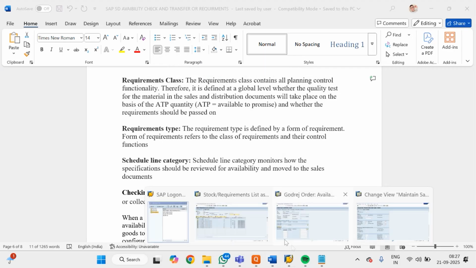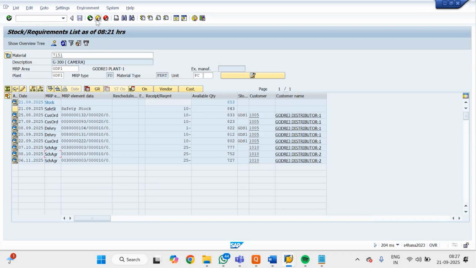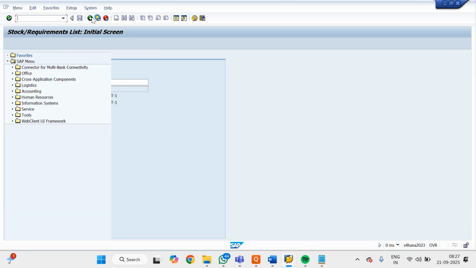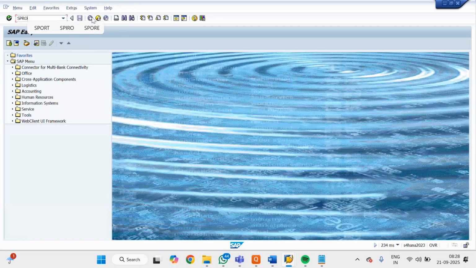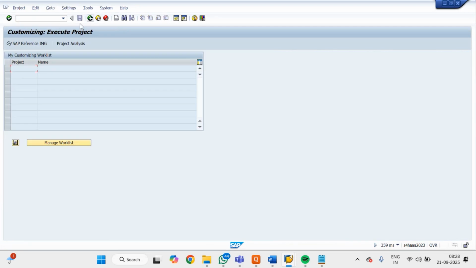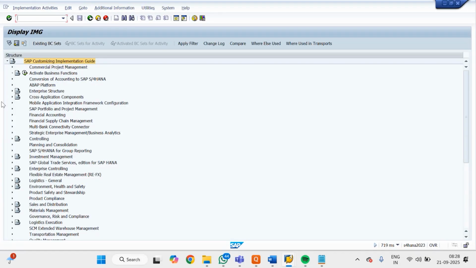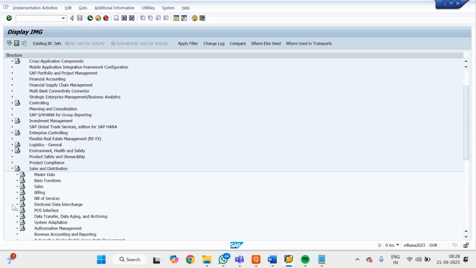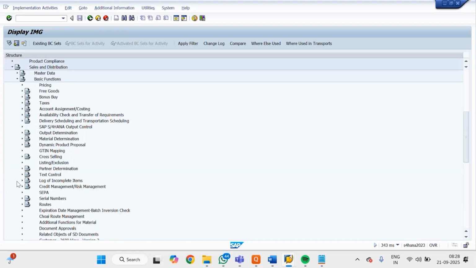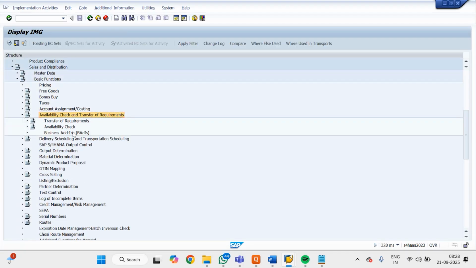So we back to the system, and again go to the SPRO, then SAP reference IMG, then sales and distribution, basic function, ability check and transfer requirement। Now come to the transfer requirement, ability check failed, यानी अब क्वांटिटी नहीं